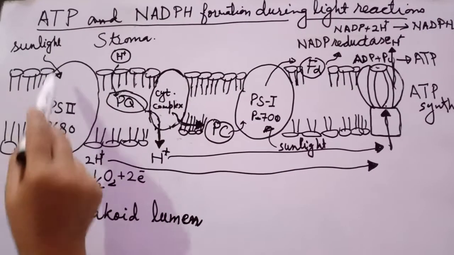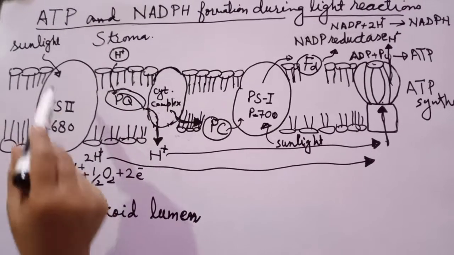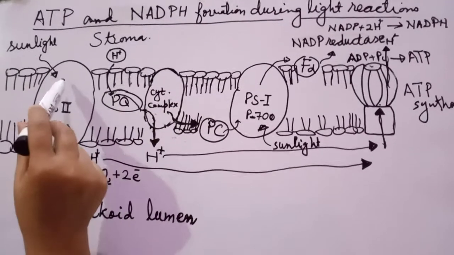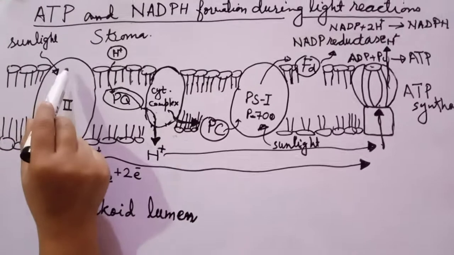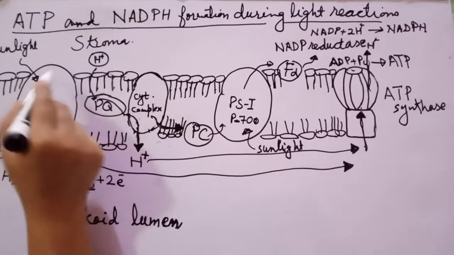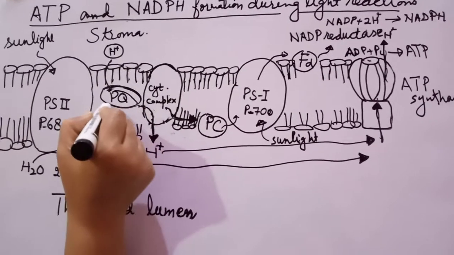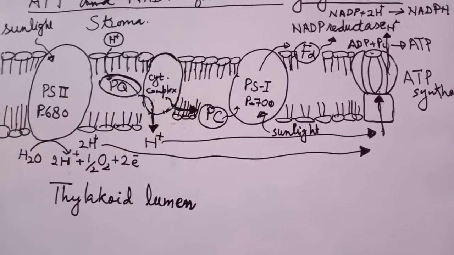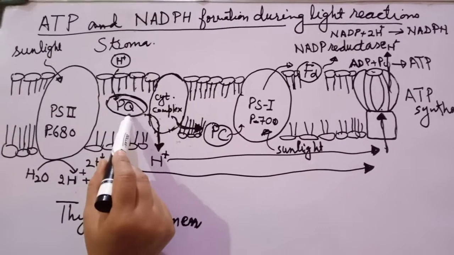Students, when sunlight falls on photosystem 2, then two electrons get excited and reach the reaction center. From the reaction center they are passed to the primary electron acceptor, and from the primary electron acceptor they move through an electron transport chain. In the electron transport chain, the first component is plastoquinone, which is an iron containing